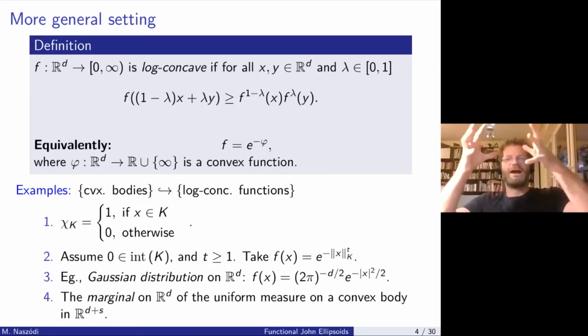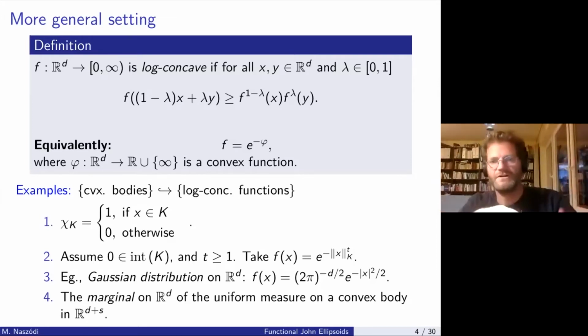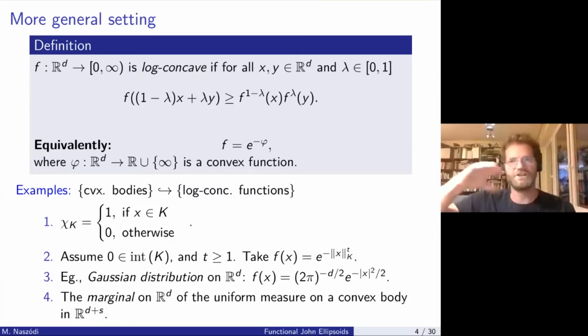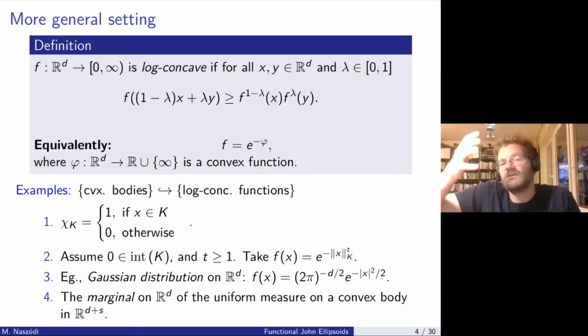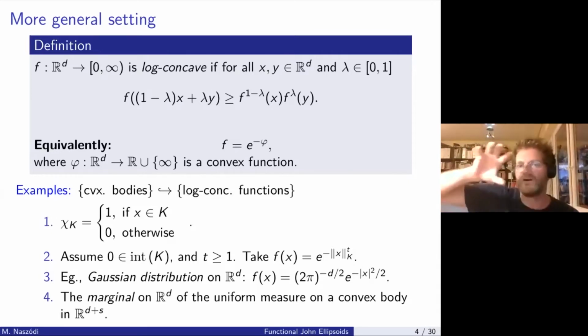So we have this high dimensional convex body, and we take R^d, and we take the marginal on R^d of the uniform measure on this convex body. Okay, so I'm not talking about the projection of the body. The projection of that convex body down there in R^d is going to be another convex body. That's not very interesting. What is more interesting is the marginal of the uniform measure